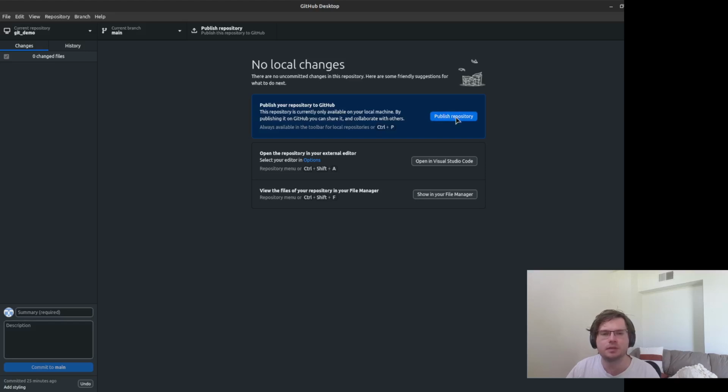So this button's going to exist here if you haven't published, if you haven't pushed it up to github.com at all yet. But then also as you make changes in the future, we will still have to push those changes to existing up on the internet, because if we make those changes locally, they don't automatically sync to the website in the same way that something like Dropbox would. It'll make sense as we go through them though.